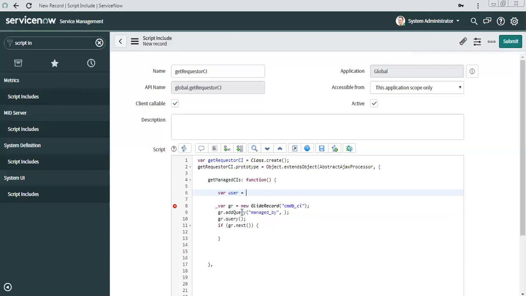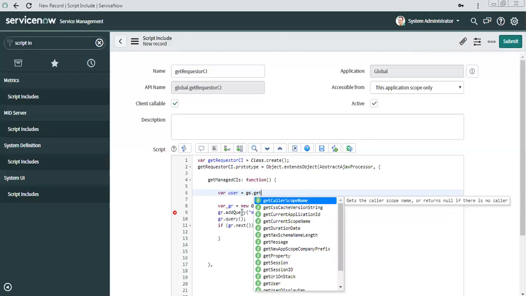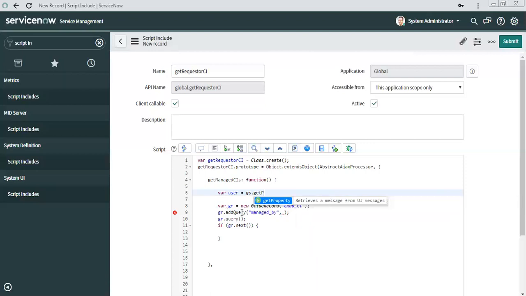Just wait, you will get it. Okay. Yes, dot get property. It was get property. No, not this one. This dot get parameter. Then